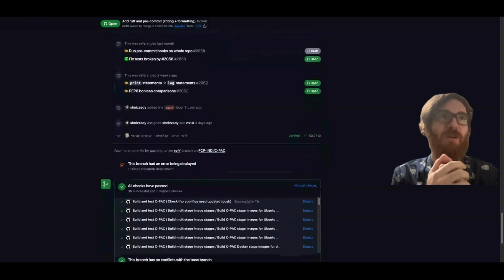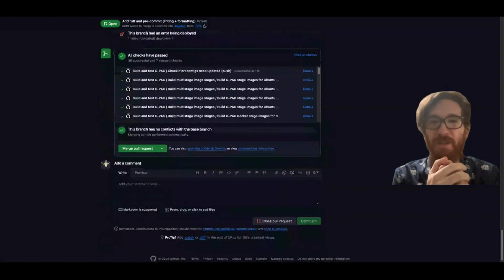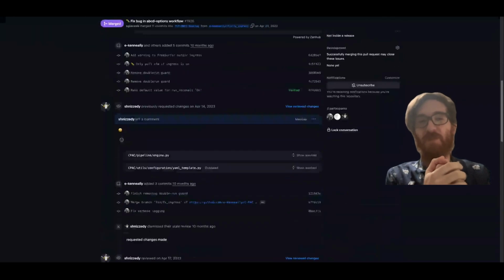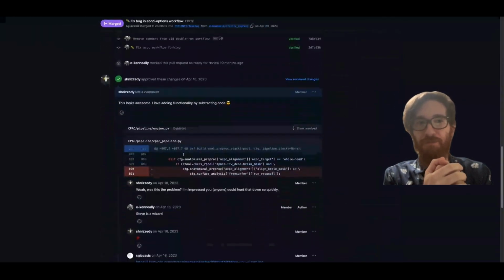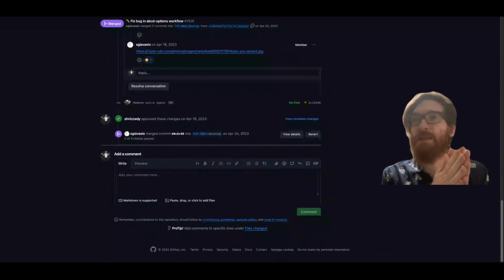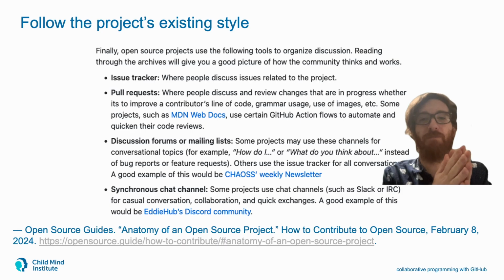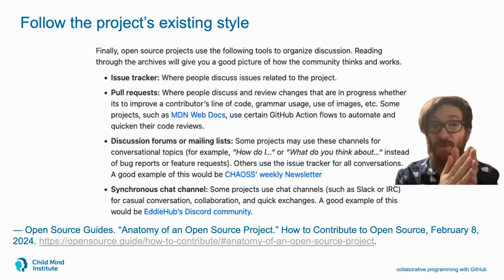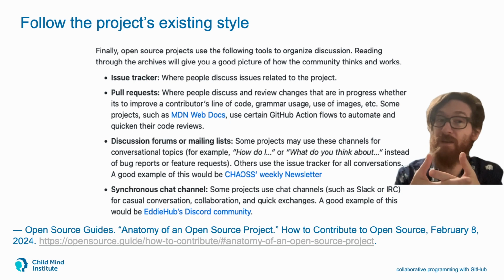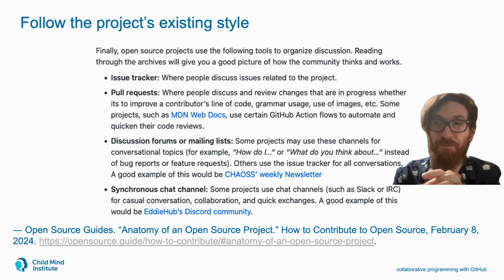These pull requests are where code review happens. It's open to anyone who has access to the repository. So don't feel like you need to be a product manager or a code owner to comment on or review code in a pull request. Again, you also can comment on issues, but the pull requests in particular,